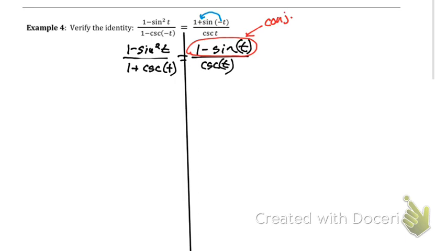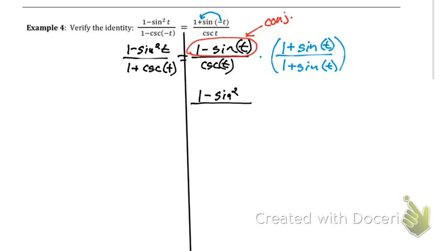So we're just going to multiply the top and bottom by the conjugate, where our conjugate is 1 plus sine t over 1 plus sine t. Well, 1 minus sine t times 1 plus sine t gives me 1 squared minus sine squared, or in other words, 1 minus sine squared